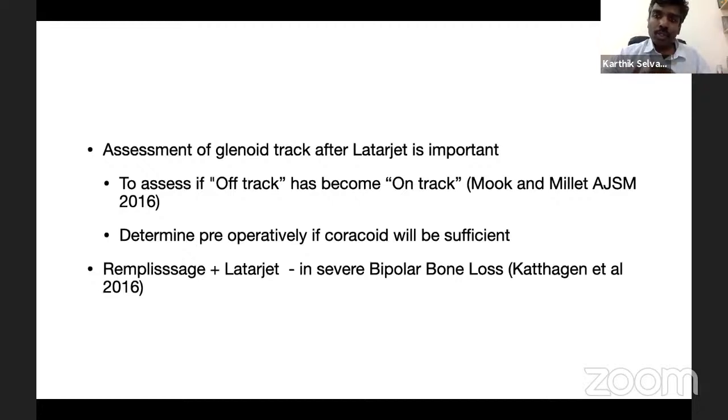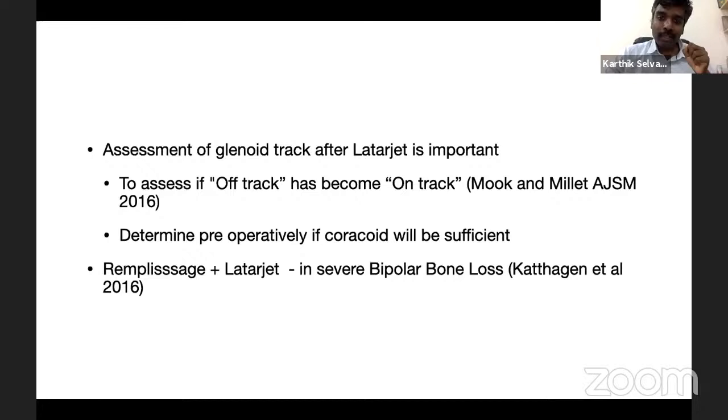And I was not sure that even after building up the glenoid in the front, he might still be loose because his capsule was so voluminous. So I actually did a remplissage with Latarjet, and surprisingly, in 8 weeks' time, he got back all his movement. He was very happy, but I was worried. So even with all this restraint, the shoulder can still become a little loose.